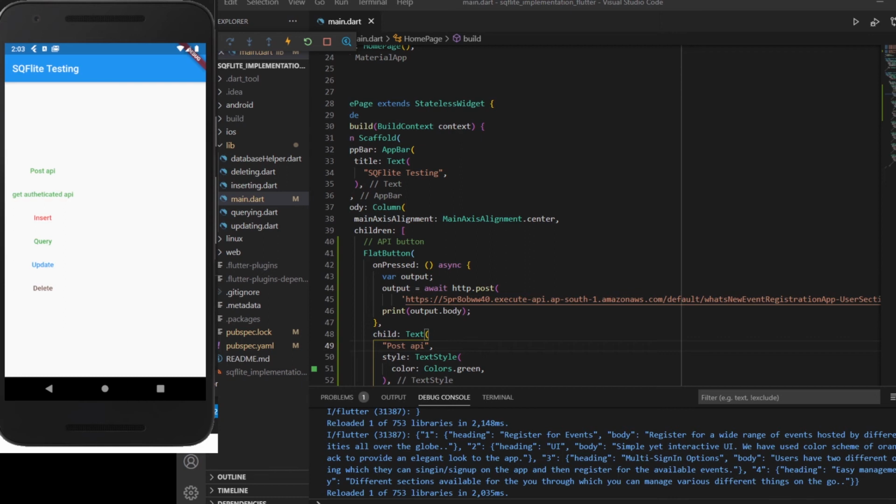For using a type of persistent database in other languages, what we use is SQLite, but in Flutter that SQLite is converted into SQFlite. So what is SQFlite generally used for? If we are writing an app where we need to query a large amount of data, or store a large amount of data on a local device, we implement SQFlite or SQLite inside our application.